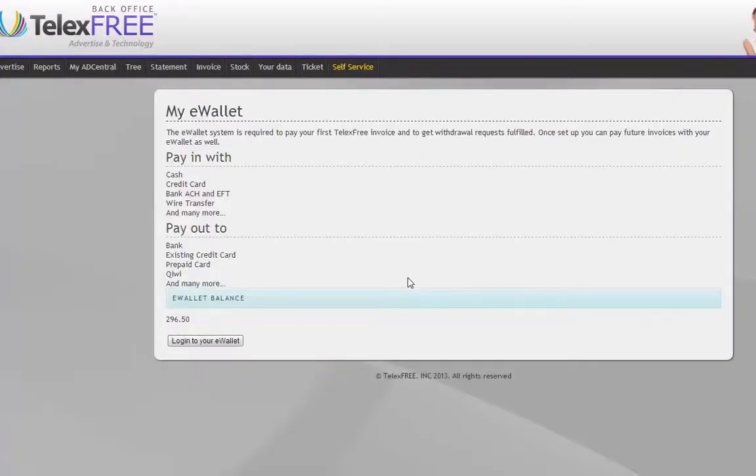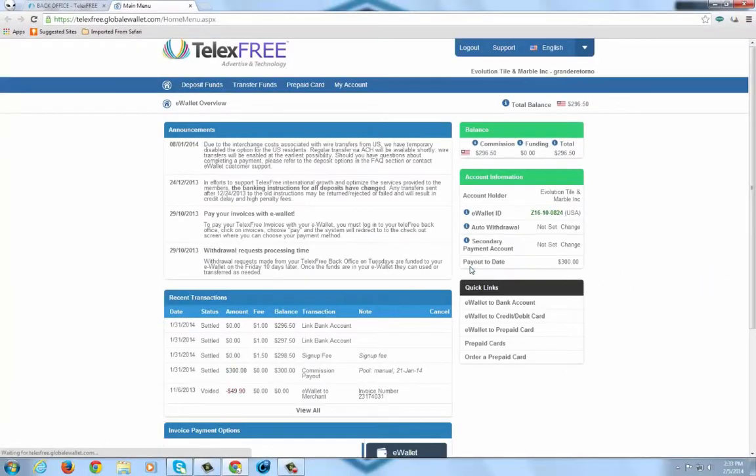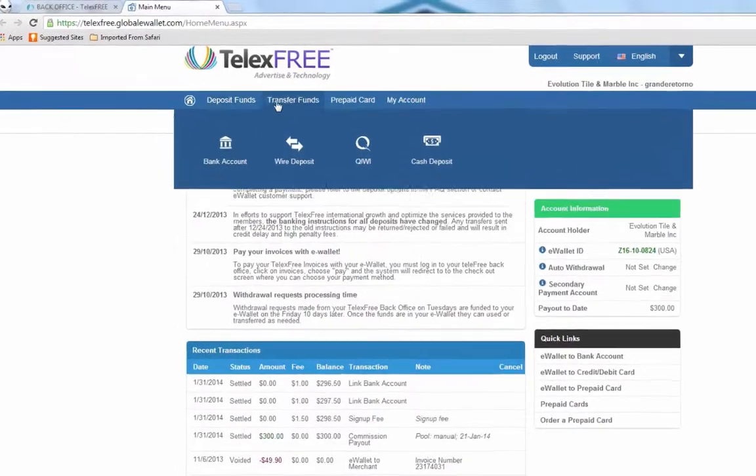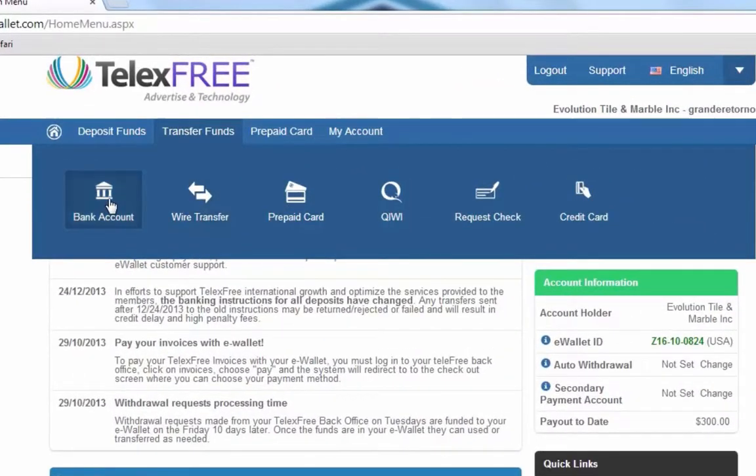You're gonna click it, and I request $300, so they charge $350 to go to the e-wallet. And you're gonna click here again. I already registered my banking account to e-wallet, and actually you can request a prepaid card too, which is pretty cool. I haven't requested yet, but I will request, and I'll make another video about that.